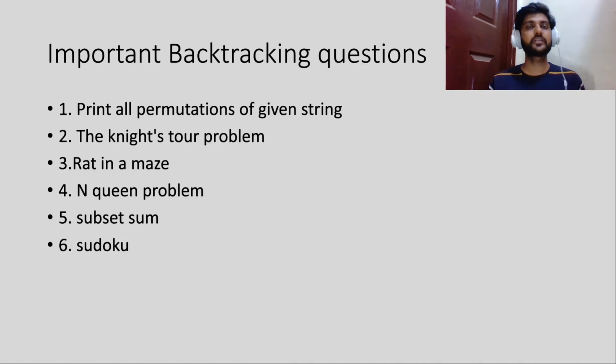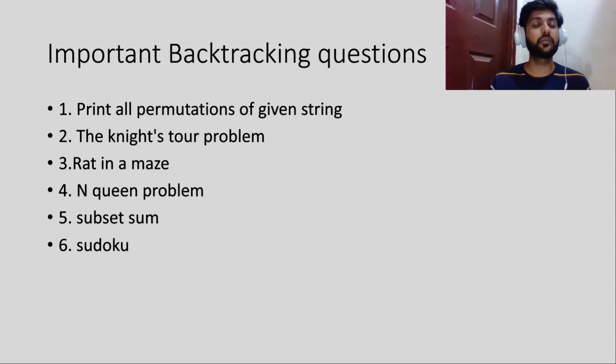So the first point: these are very important backtracking questions for interview purposes, like how to print all the permutations, the knight's tour problem, the queen problem, the subset problem, the Sudoku problem. And for the Sudoku problem, actually, I went for two product-based company interviews and they asked me this question. So the same question, two different companies asked me. So you can think how important this topic is for the product-based coding round. Okay, so you should not miss that one, and you should be a master in backtracking,